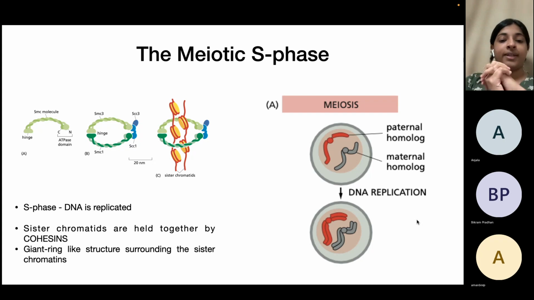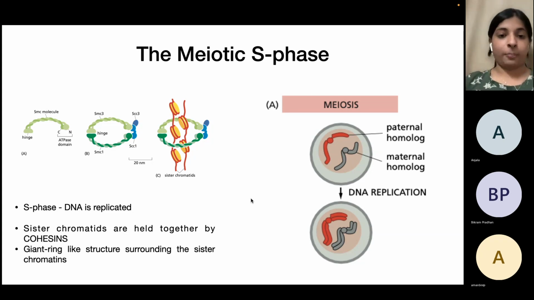Both the sister chromatids are held tightly together by cohesins. And in the chromosome, you have these 4 arms, 2 arms of one copy and 2 arms of the other copy. The cohesins are these giant ring-like structures that surround the 2 sister chromatids and hold them together in one complex. This is very essential because otherwise the 2 chromatids can float away from each other,